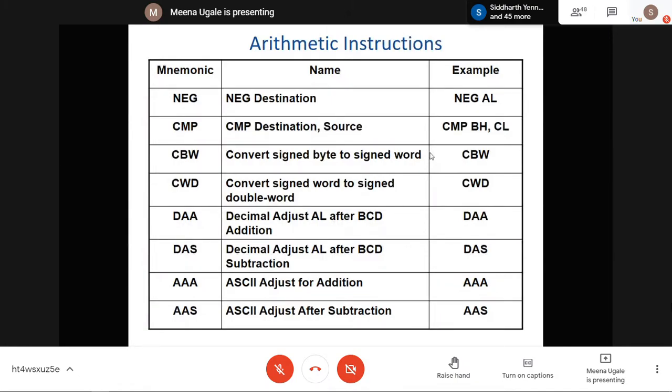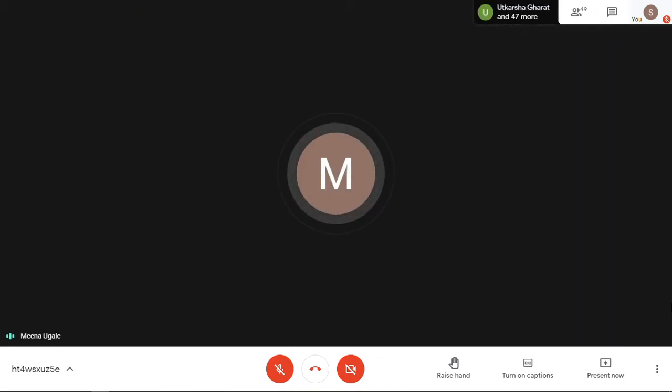If not, if the content of both is 05, then only you will get the zero flag set. But if not, what will happen? One of the operands will be greater than the other. So depending on which is greater than the other, your other two flags are going to be set here. How it sets, I'll just show you with another, this one. Just a minute.